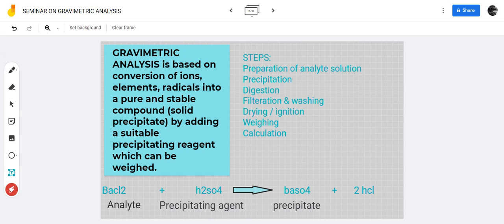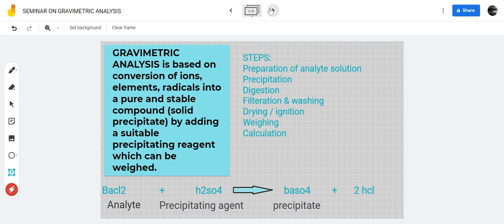So the steps involved in gravimetric analysis are: initially you prepare the analyte solution, after which precipitation, digestion followed by filtration and washing. Then you can either dry using a desiccator or ignite the content in an oven. Then you weigh it. Finally, the calculation step. For preparing the analyte solution, you just dissolve the given sample in distilled water